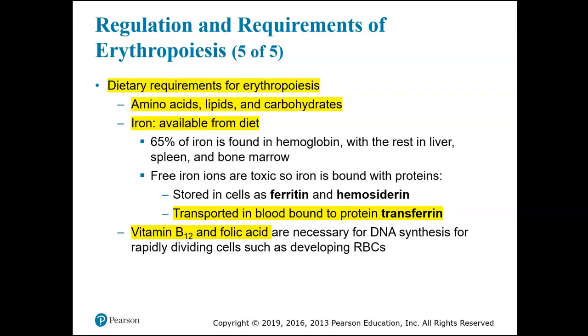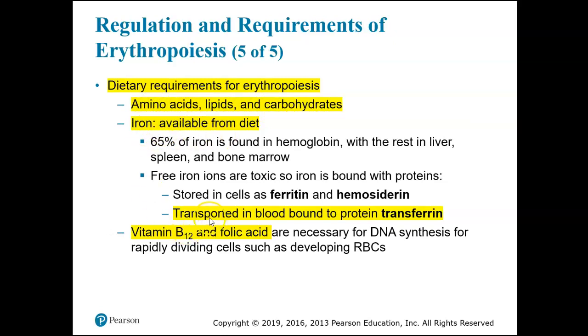We need lipids because red blood cells are cells, which means that they are surrounded by a plasma membrane, which of course is composed of phospholipid bilayer. And then we need carbohydrates. So in our diet, we really need just a good, well-balanced diet of proteins, healthy fats, and healthy carbs. But anyway, we need all three of those in our diet, and then we need to get iron in our